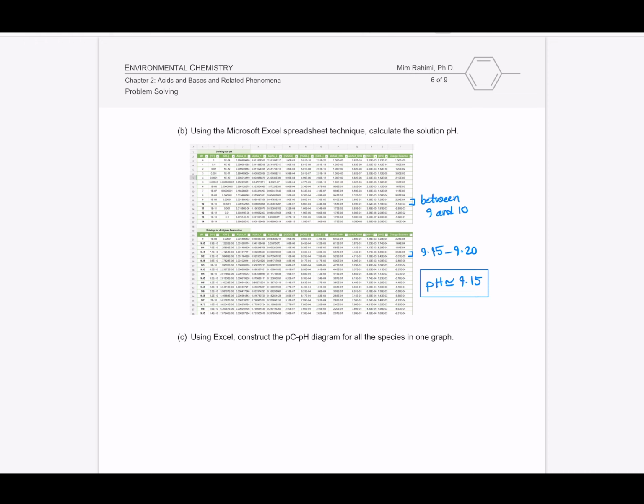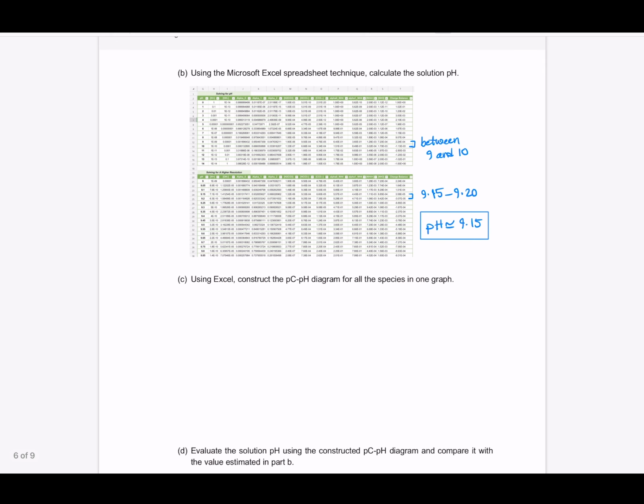So now that we have this speciation, we can simply make it a p-value. If we have a concentration of ammonium, we can have pNH4, which is minus log of the concentration of ammonium. So it would be very simple, if you have this Excel sheet, to construct the pC-pH diagram for all the